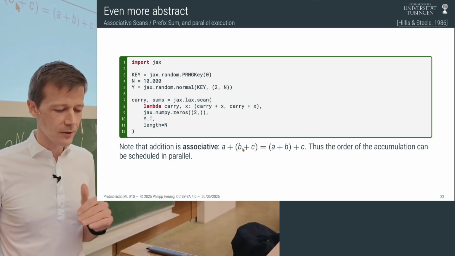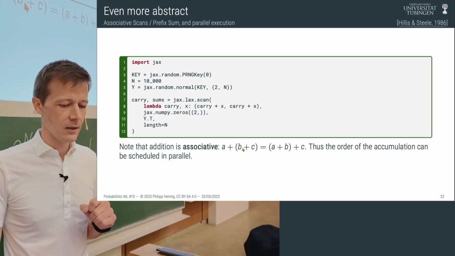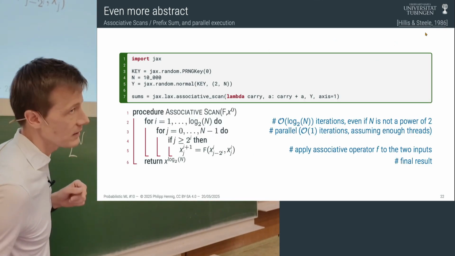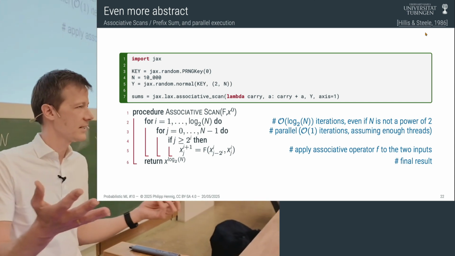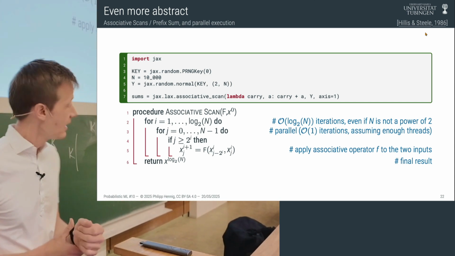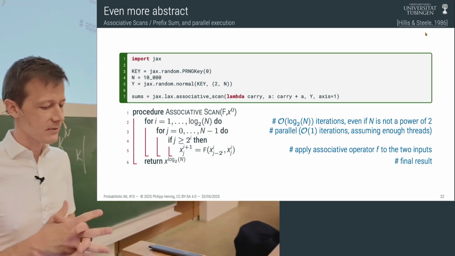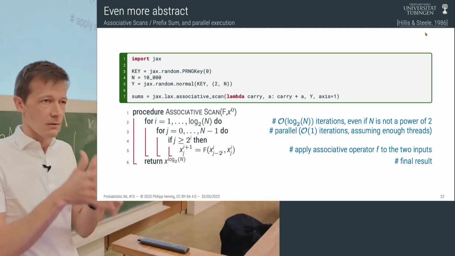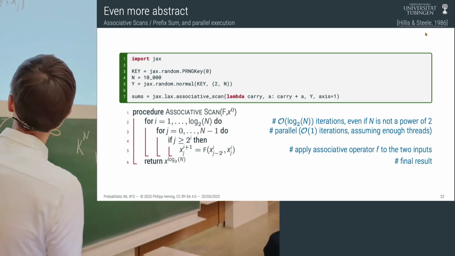And there's an algorithm for it that runs much faster than this scan that is due to two guys called Hillis and Steele from 1986. This is a link to the paper. You can read it. It's very nice. It's one of these classic computer science papers with lots of cool ideas. And it looks like this, and it's called an associative scan. Sometimes these structures are also called a prefix-sum, because we're doing a sum with a prefix, the carry that we carry along. And the algorithm looks like this.